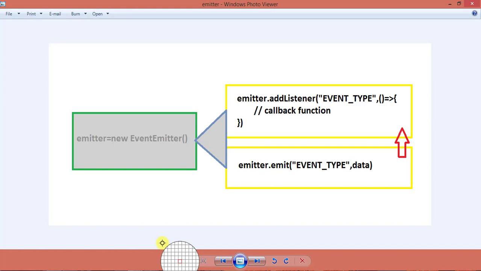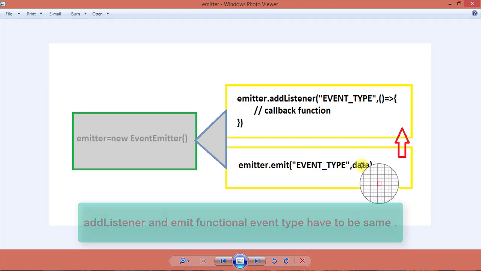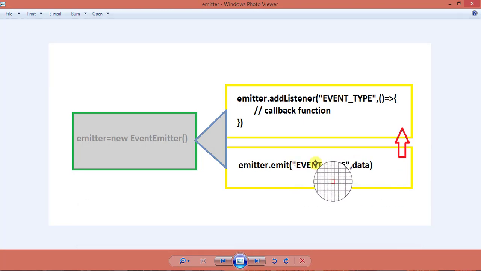So actually, what is this event emitter? Once any action triggers, we can call the listener, and this listener is going to be inside the notification component. Here we have to pass an event type, and that event type has to match with this emitter. It will come with one data. So here the emitter has two parameters. First is the event type and the second is the data. So you can pass data, and that data can be received by the callback function,